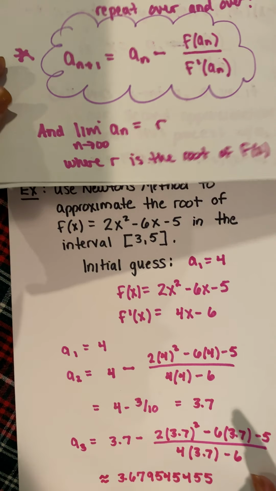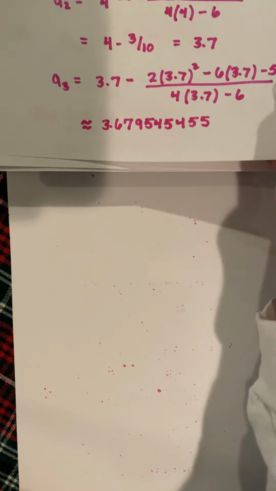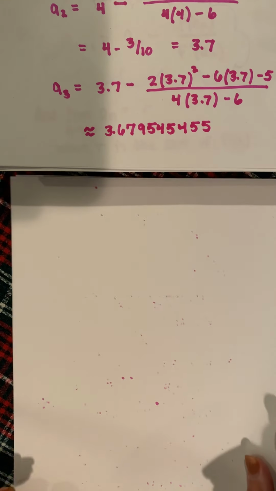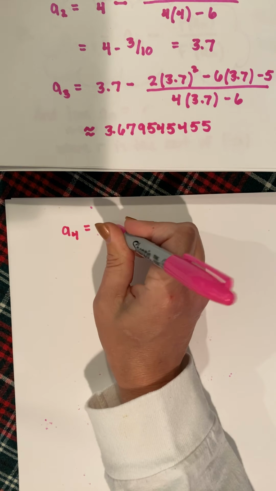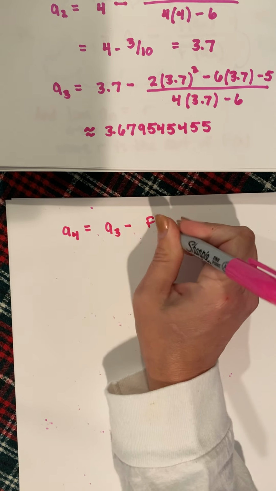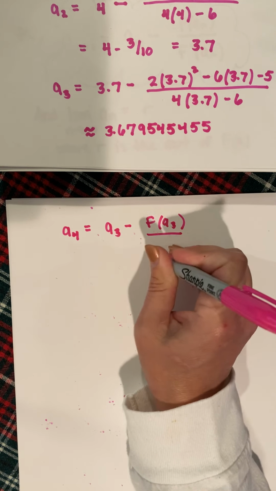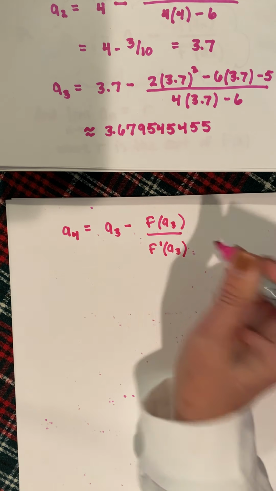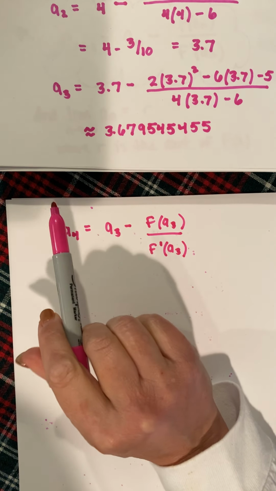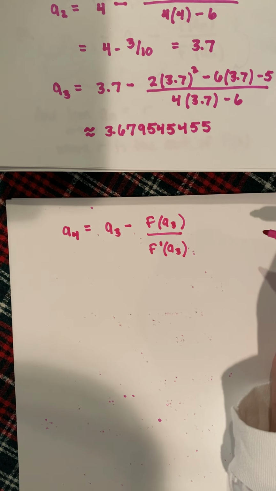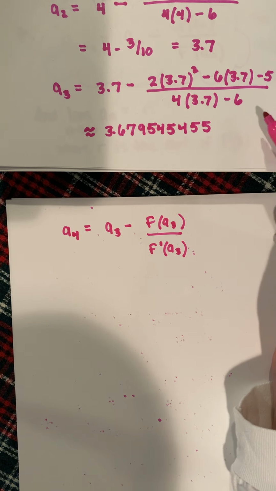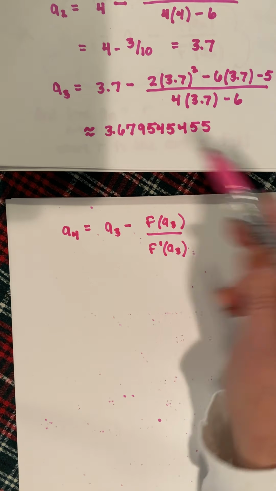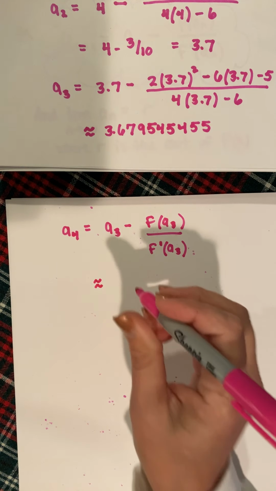So my next approximation, the fourth approximation, well, I don't like writing that number, is going to be A3 minus the function evaluated at A3 all over the derivative at A3. Now you want to carry it out to as many places as your calculator allows for the best approximations or the most accuracy. So you can see right now that this is going to get kind of ugly, lots of room for algebra mistakes. When I do pop this in my calculator, very painstakingly, I get